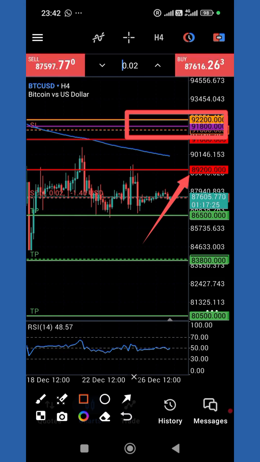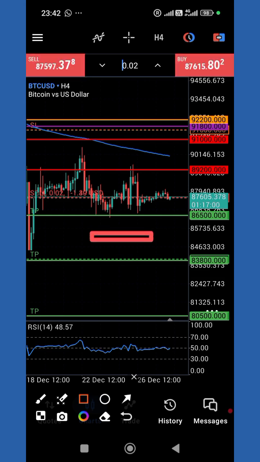The 92,200 there, that is another resistance according to my EMA structure, and the next one in purple,